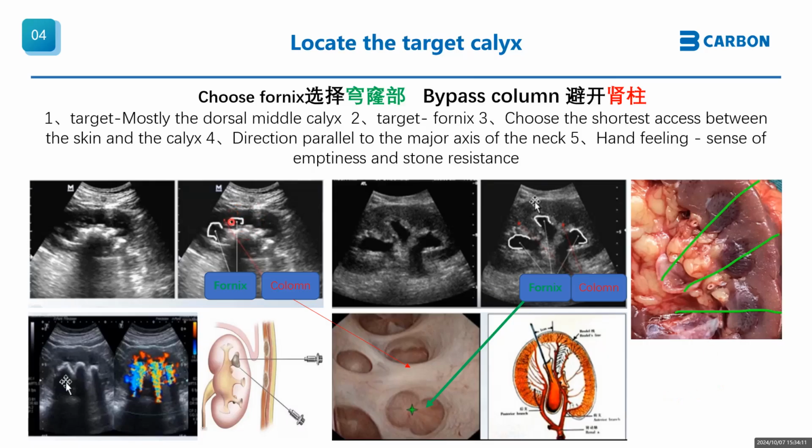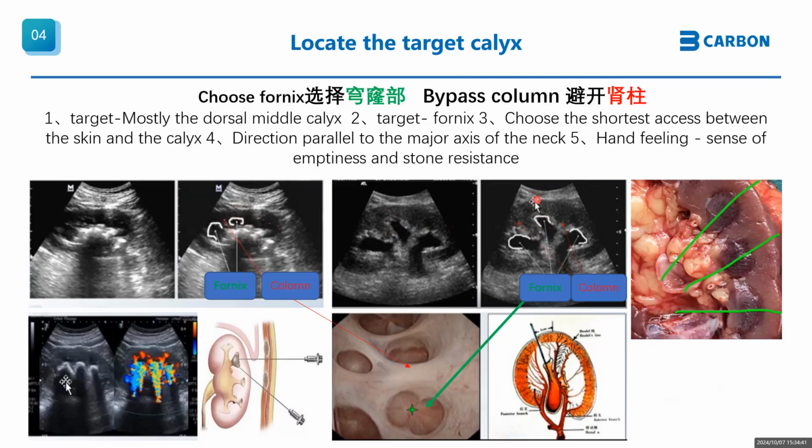Also, some doctors say the posterior, the backside, the middle calyx, this one. And then we have the aim, the fornix. This place we call the fornix. So like this, the middle of the fornix here. And then choose the shortest axis